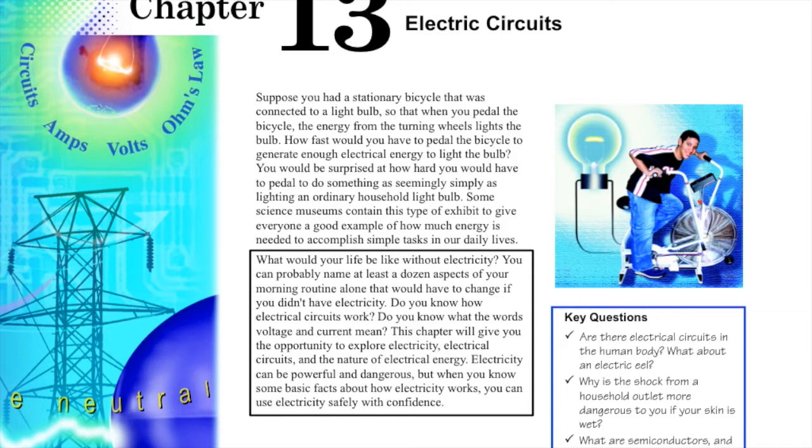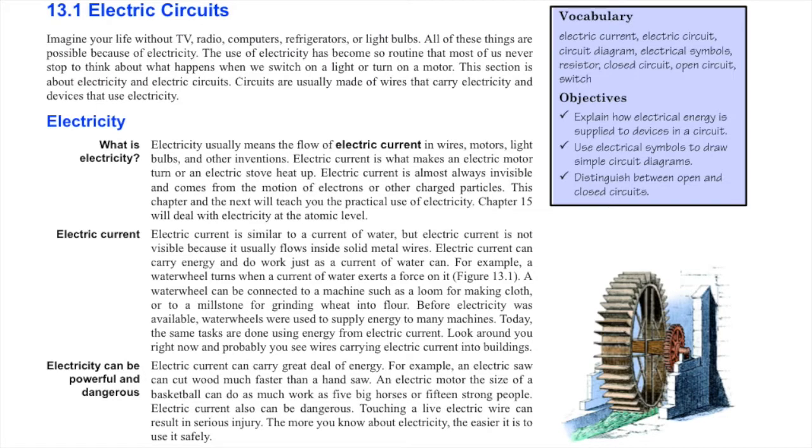Do you know what the words voltage and current mean? This chapter will give you the opportunity to explore electricity, electrical circuits, and the nature of electrical energy. Electricity can be powerful and dangerous, but when you know some basic facts about how electricity works, you can use electricity safely with confidence. The vocabulary for this chapter is electric current, electric circuit, circuit diagram, electrical symbols, resistor, closed